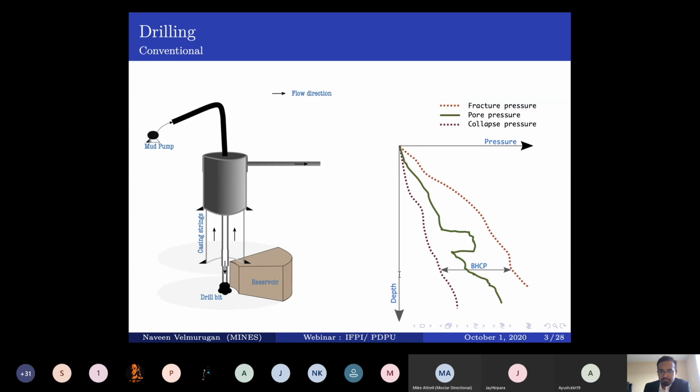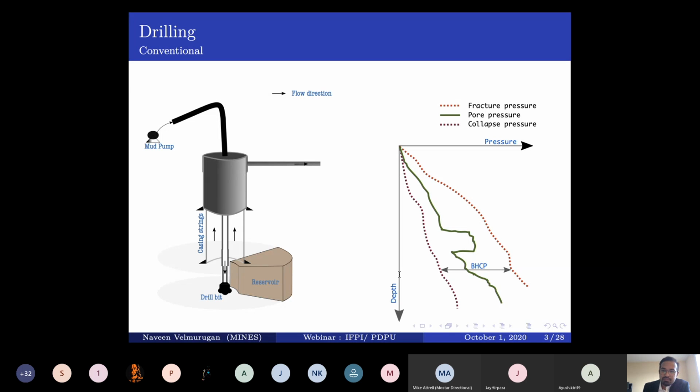So if your pressure at the bottom of the wellbore is more than the fracture pressure, then you're going to create fractures in the reservoir, and you will have loss of fluid, and consequently it will drop the pressure because you're losing fluid. It's an unstable feedback loop, and it's a safety-critical situation that you never want to touch on.